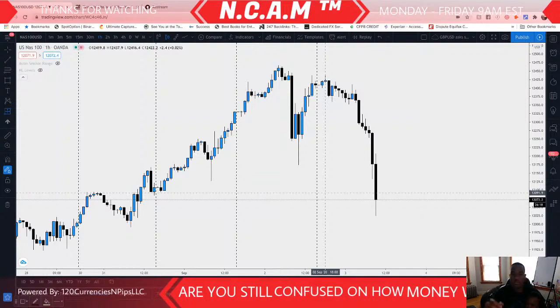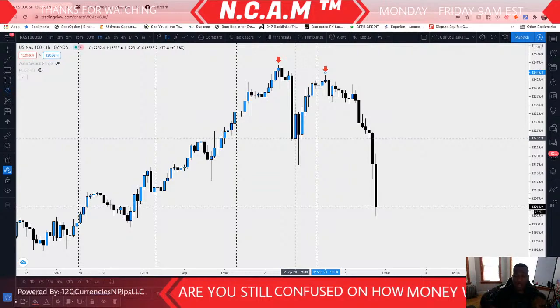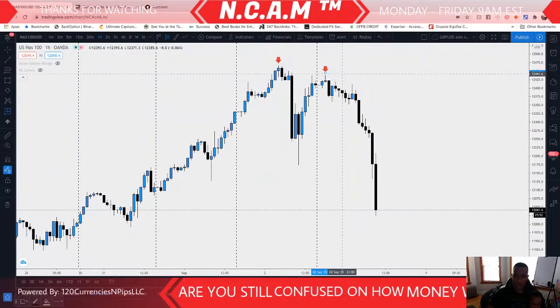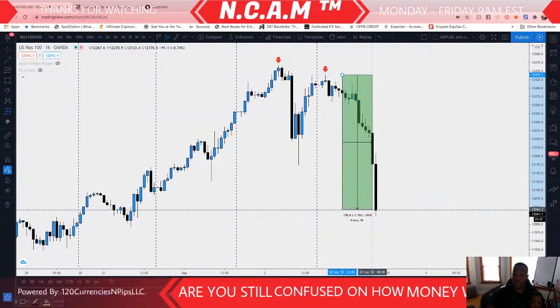So, you see the M pattern. I just randomly went to that chart. Once again, this is the index. Once again, we see the M pattern. When you see the M pattern, you know that sellers are in control. We're selling high. And if you miss that opportunity, like I said before, we show you more ways to take advantage of what's happening in the markets. But for this example, let's take it from the top, right? Our little measurement tool. And we take it to the bottom, to where it currently is. We're going to do some math on this one, and we're going to keep it moving. We're going to go ahead and jump off this live video.